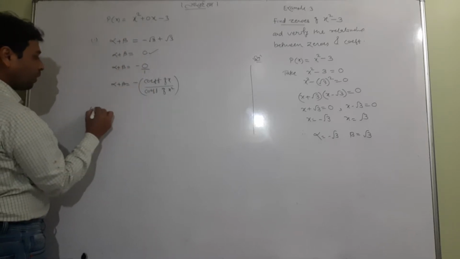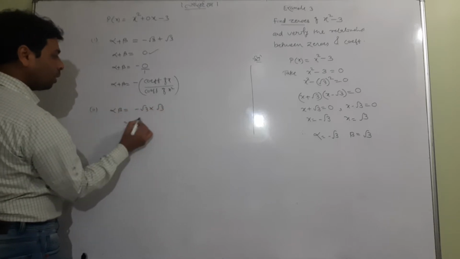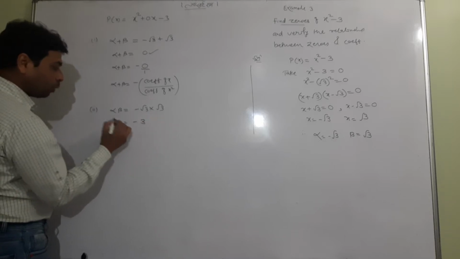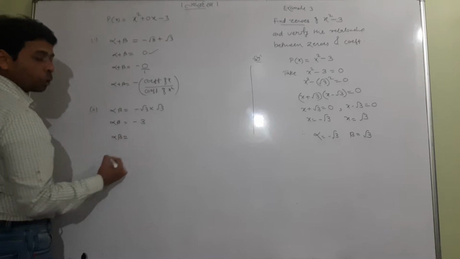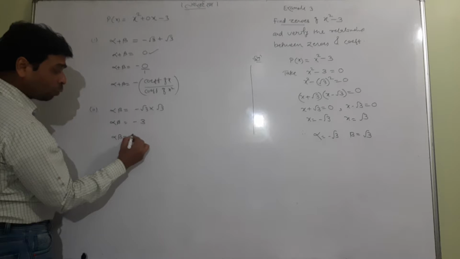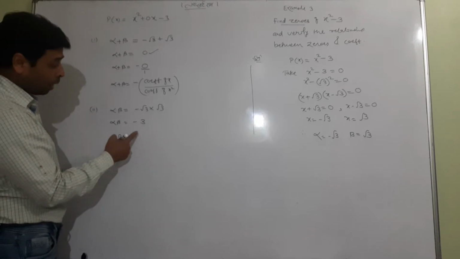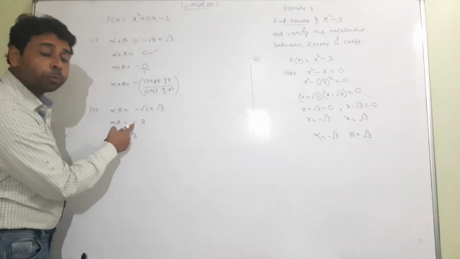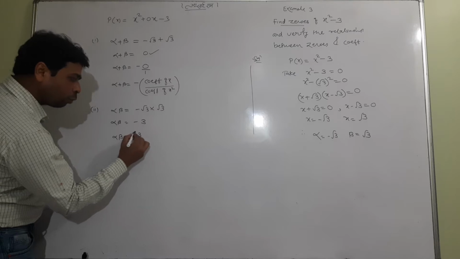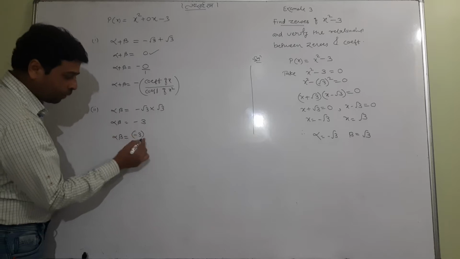Now next is alpha into beta, which is again important. Alpha into beta is minus root 3 into root 3. And again I have taught that alpha into beta is always positive, but it seems negative. So ignore it like that. You please don't write root 3. Otherwise, if you're thinking that alpha into beta is always positive, so ignore the minus sign or eliminate the minus sign, don't do this. So how to do this? Only minus 3 should be written in a bracket. Even if it is negative, it will be positive afterward, upon 1.